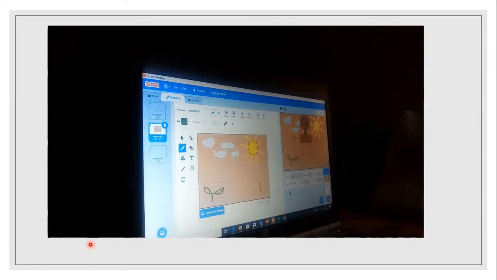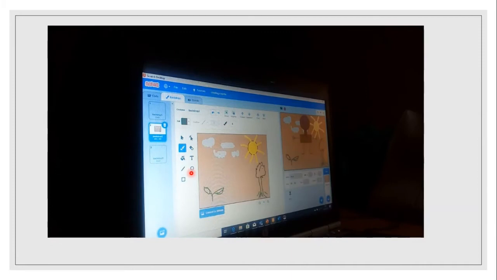So those with the gift of art, try drawing your item and then be able to use that backdrop on your project. So it is not a must that you upload or depend on people's art. You can always create your own art so that you're able to come up with exactly what is in your mind. And as you can see, the same way, we have all the tools for drawing, the paint, the colors,